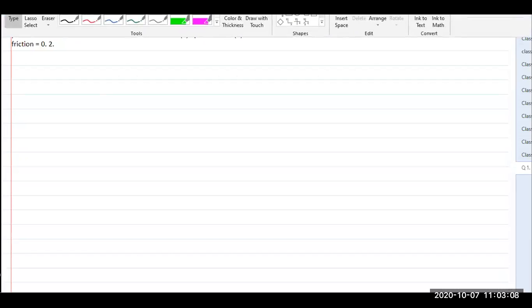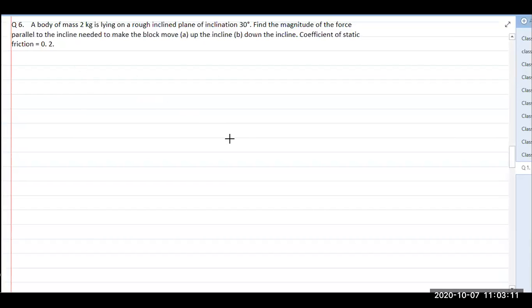So first we make the diagram. This is the incline and a body is kept here, and what are the different forces acting? First we will see, and then we will apply the external force. One is mg, second is normal, third is friction: since it will try to slide down, friction will act up in the normal situation without applying any